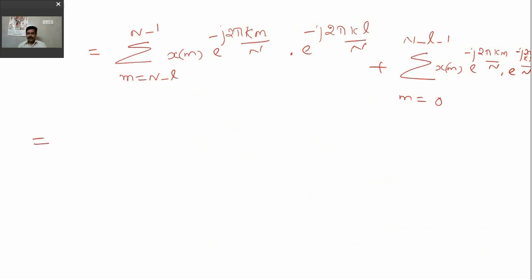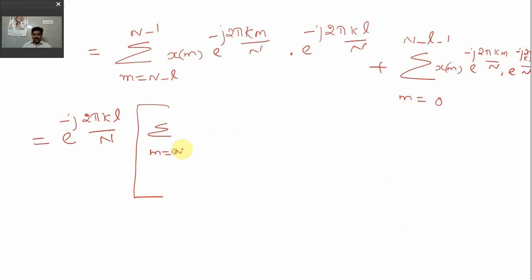So finally from these two terms I am taking e to the power minus j 2 pi k L by n common. So remaining what you are getting is